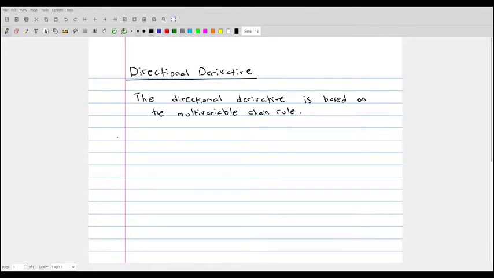Specifically, we saw that if you have a parametric curve, so a curve parameterized by x as a function of t and y as a function of t, in 2D, but again it can be done for functions of three variables as well, as we saw in the chain rule lecture, and we also have a multivariable function, say of two variables,